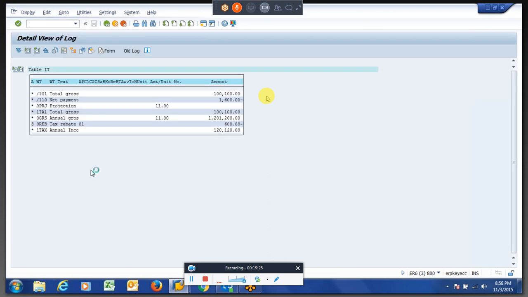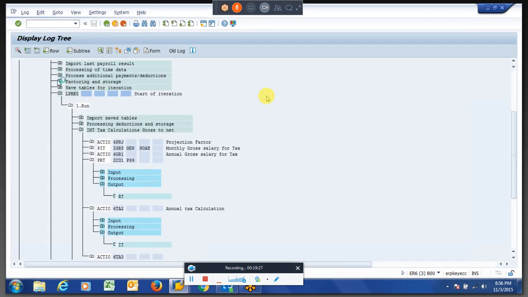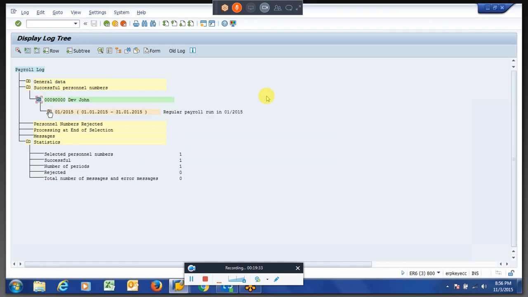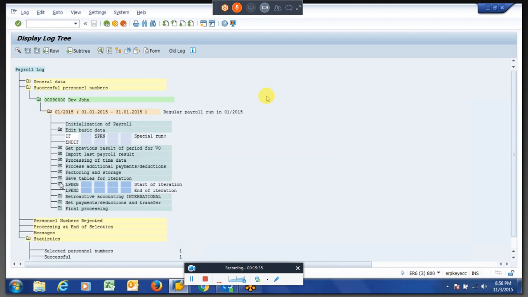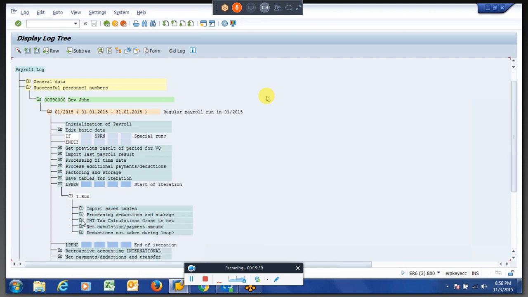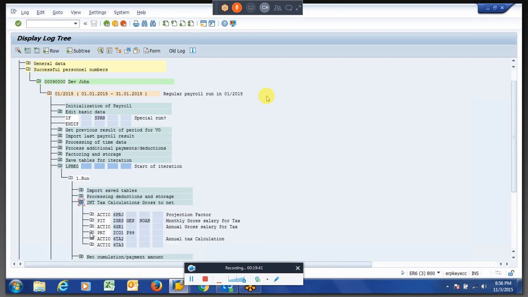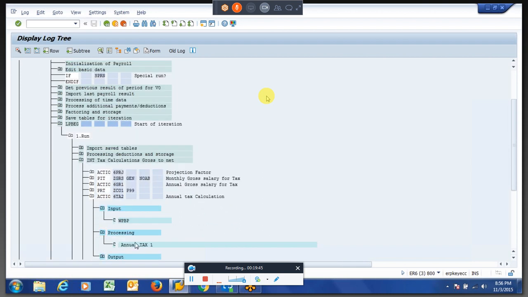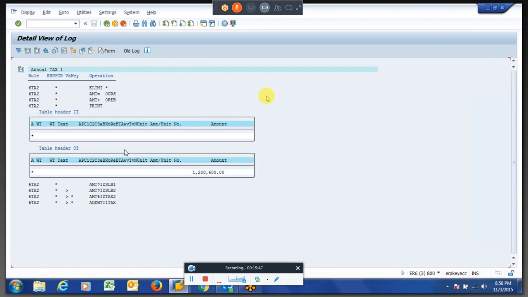Then if I run the payroll, you can see here somewhere, you see here that was reduced with 600.